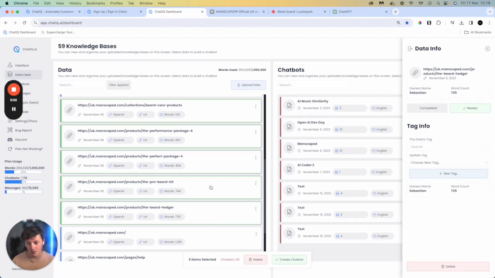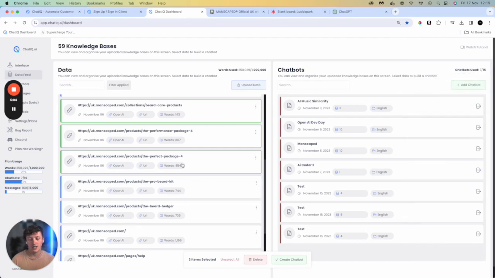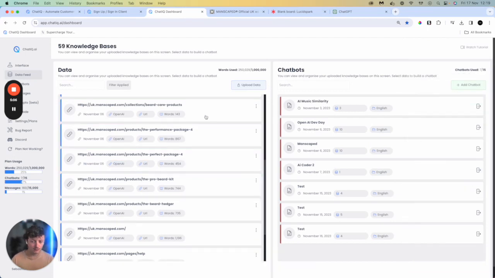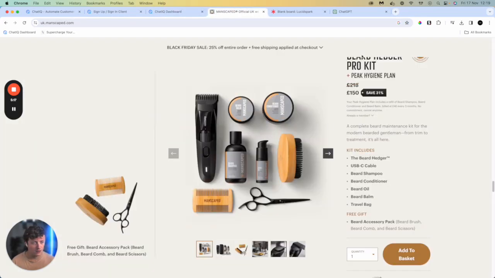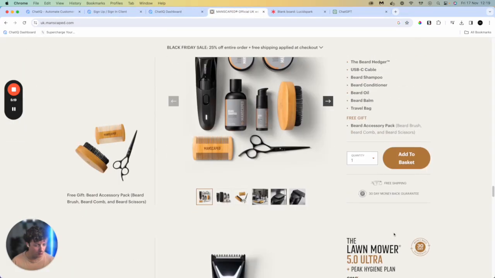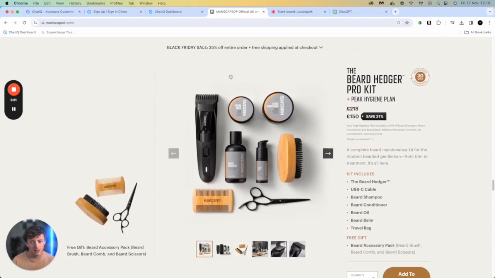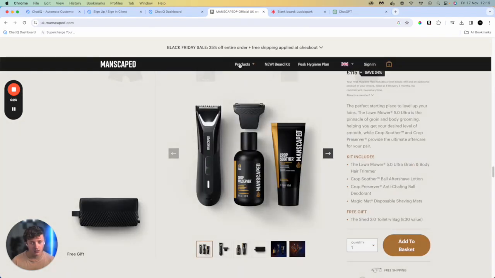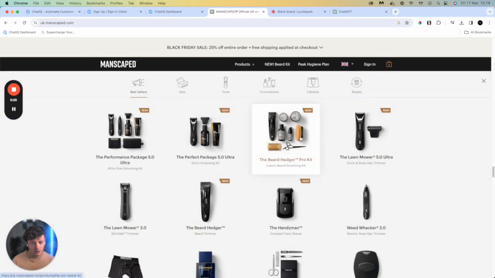I could scrape the entire website if I wanted to, but you can see here, out of all of these 5 different products, there are anywhere between 100 and 700 or 800, 900 words for each page. That's a lot of information for someone who doesn't know your brand to be going through and reading. If I'm looking at this specific product, I don't really know how their website works, but let's go to, I don't know, I hate their website, products. If I go to this one,